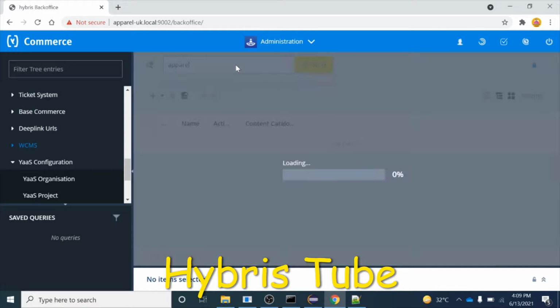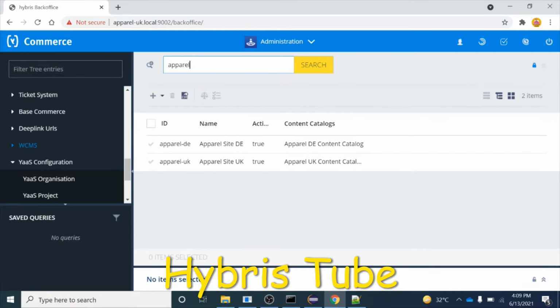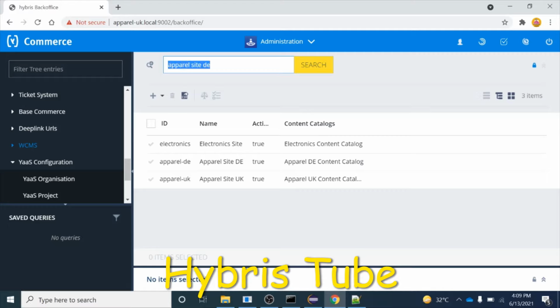So it means this simple search is working whenever I am giving the name field, right? If I am giving April site DE, it is giving me results, right? But if I write electronics, I mean the name April DE or April UK, or the catalog version column names, this is not working.